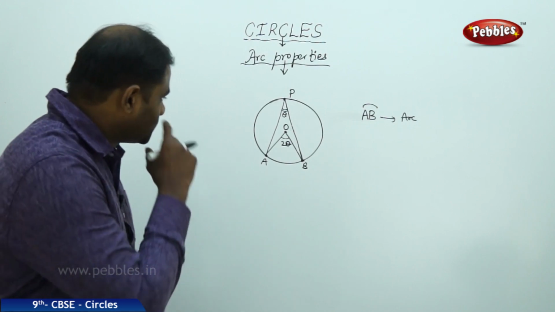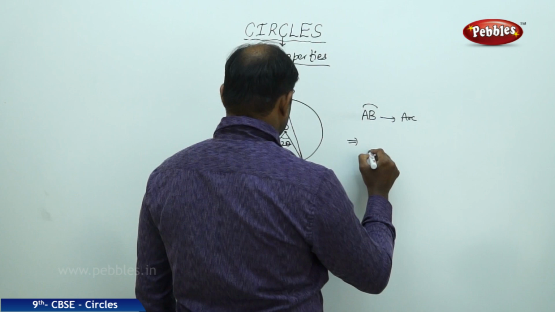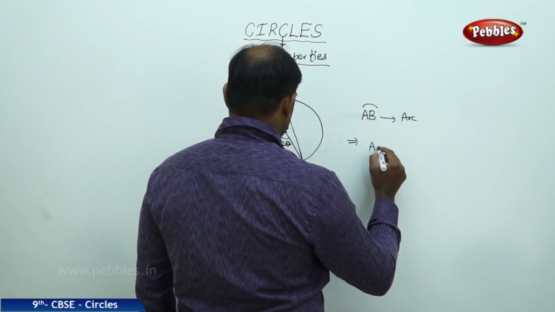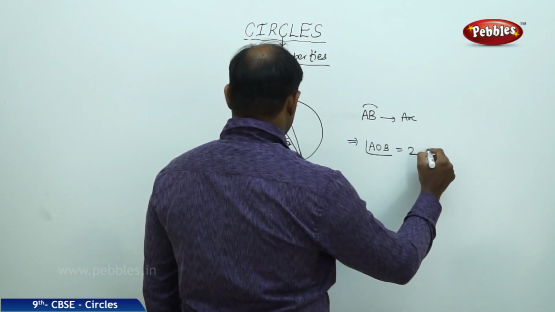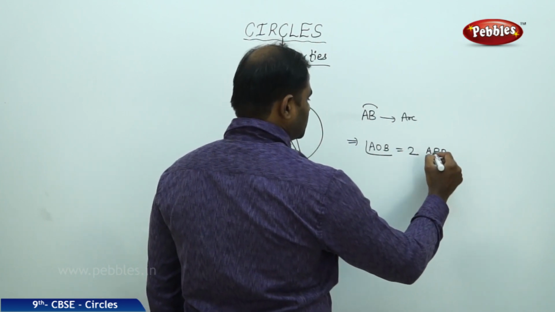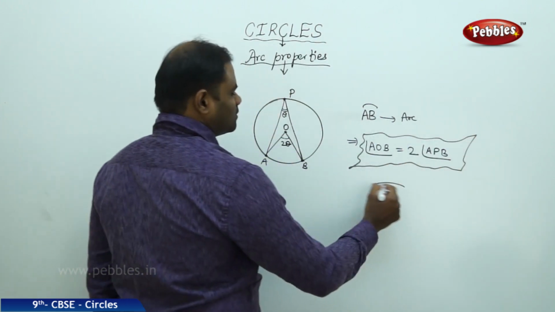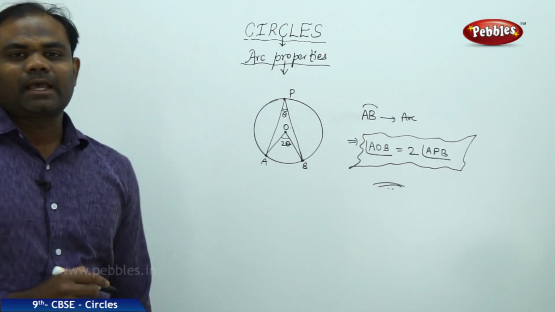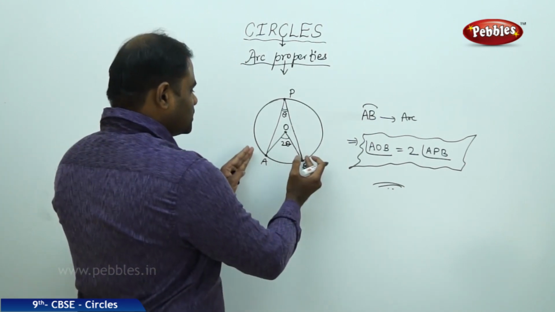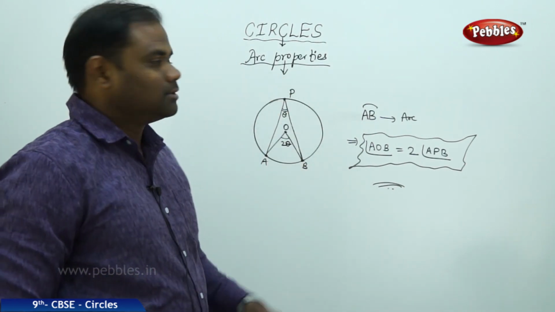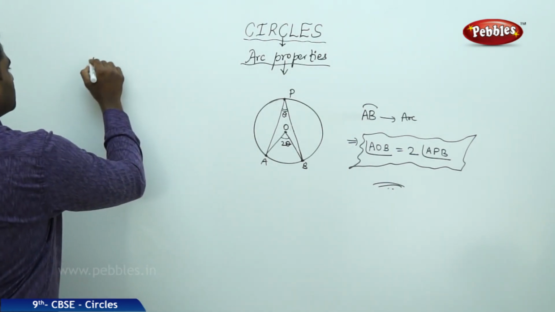So here the property says that angle AOB is twice of angle APB, is what the property says. Angle subtended at the center of the circle is double the angle subtended at any point on the circle. P is a point on the circle. So my statement says